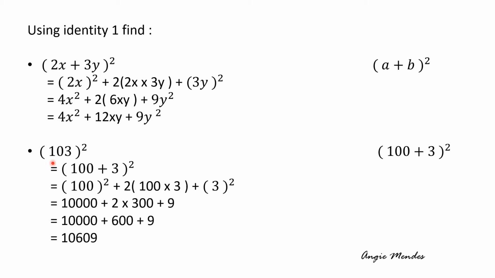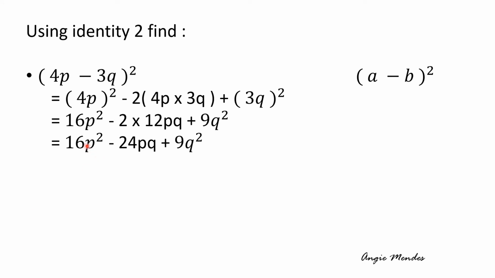What if the example given was like this, 103 the whole square? Then we need to express this first as a + b. So we will write it as (100 + 3)². So now you can expand this further and you will get 100² + 2 into 100 into 3 + 3², which is a² + 2ab + b². Now when you simplify this, you will get the answer. So first remember what identity you are using. Write the expansion at the side if you want to, and then you can easily continue further till you get the solution.